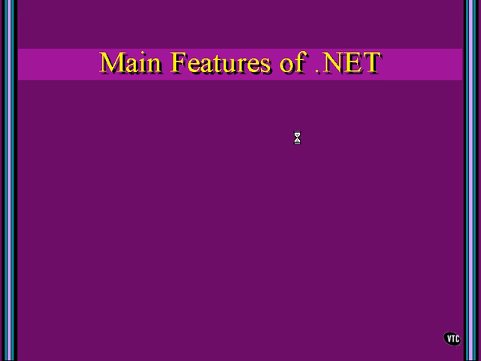Now I want to cover some of the main features of .NET, especially some of the programming things that have changed. Now, this is some really cool stuff. The first thing that changed,